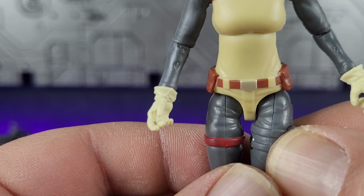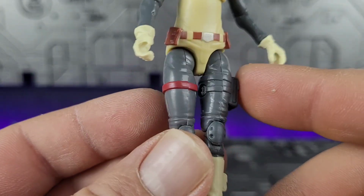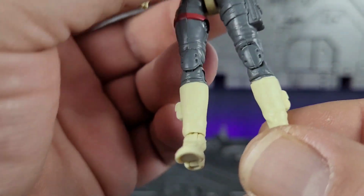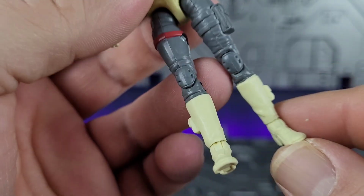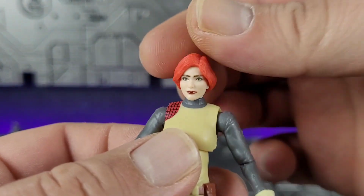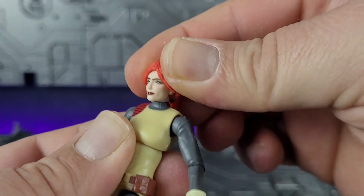And then nice detailed pockets on her pants, leg strap, nice knee pads, and then the standard pouches on the boots. Everything looks really good. As far as articulation, head is on a ball, so you can rotate a little bit